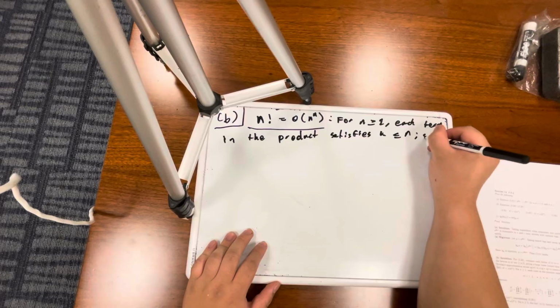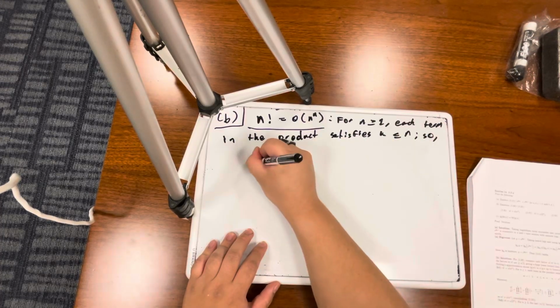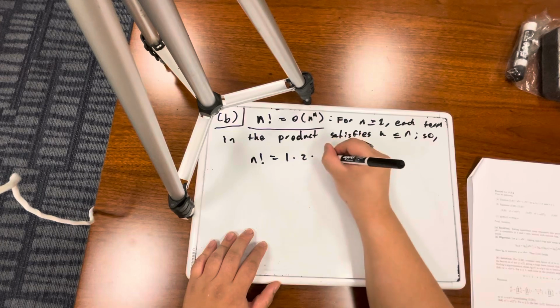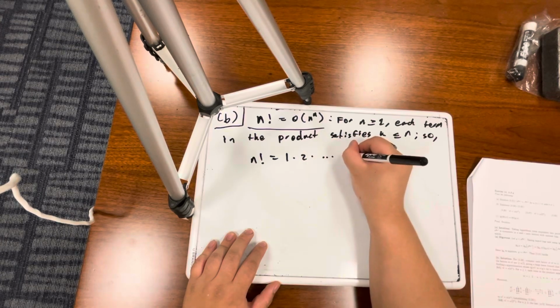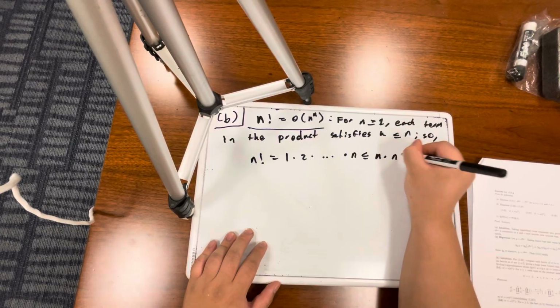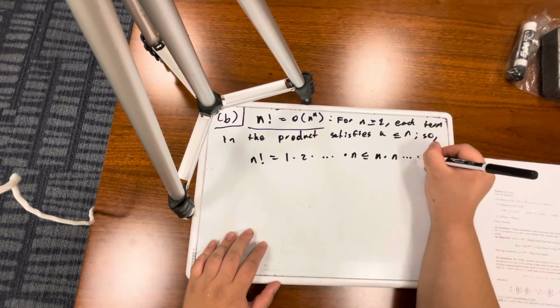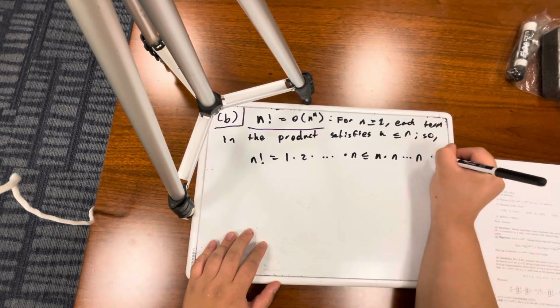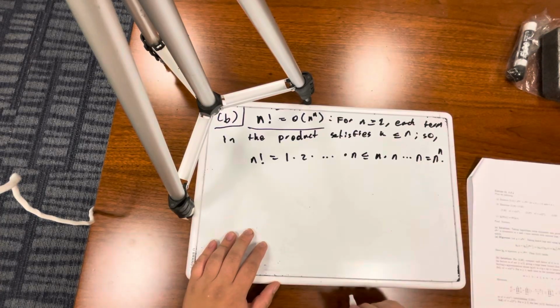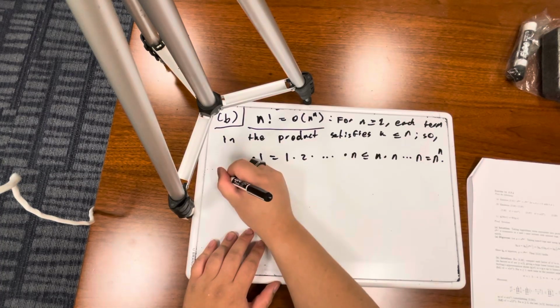Hence, n factorial is equal to 1 times 2 times, the usual, times n, which is less than n times n times n times n times n, all the way to times n, which is equal to n to the n. All right? So what else can we say here? Well, moreover,